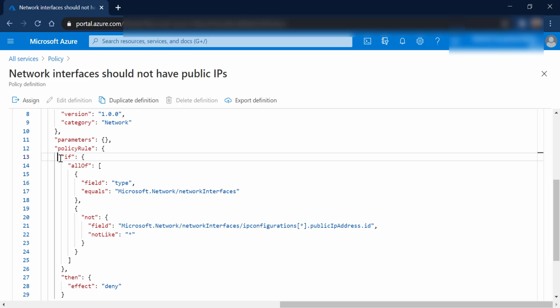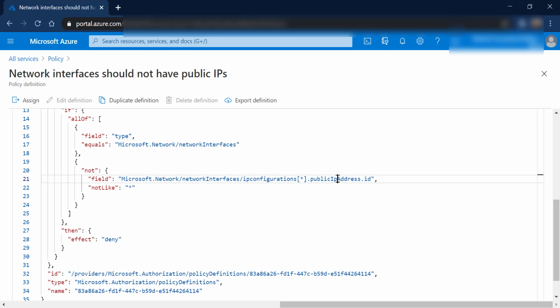So let's say I'm trying to define the condition which I'm reading out here. If all of my resources, which is of field type, which is of type network interface, and the resources is not like public IP address, or it says the public IP address is not like, it means the public IP address is not, and then not, it means not and not equal to yes.